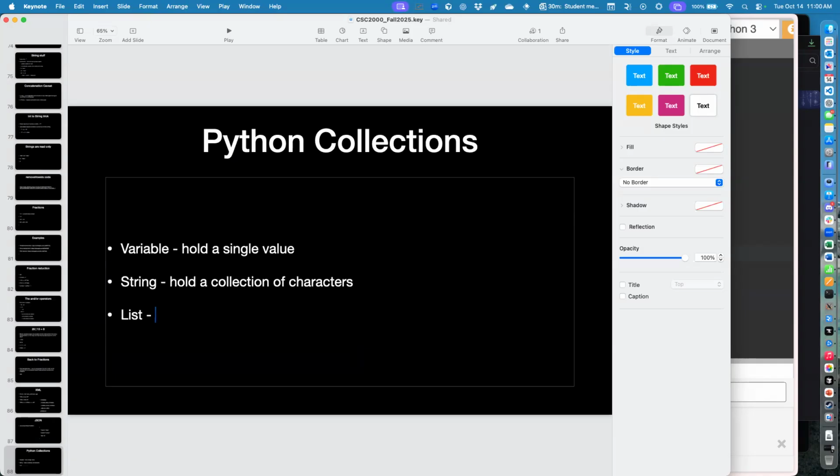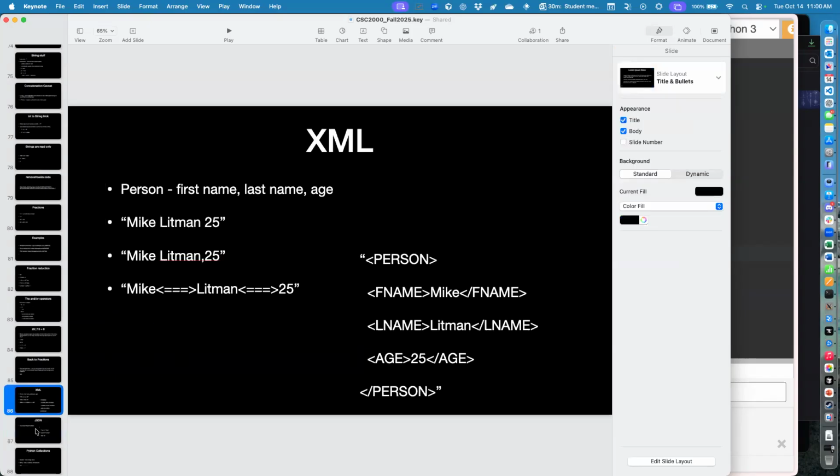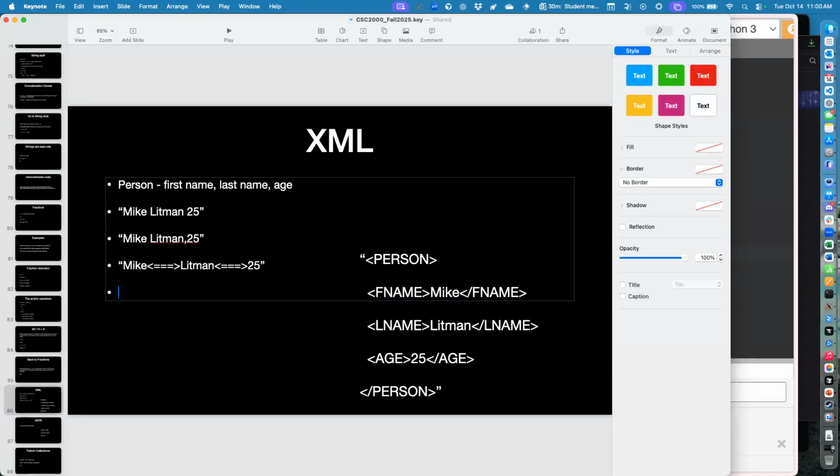So if we're going to store stuff in words, even today, as we're talking about what are some different ways we can represent information, we've gone back and looked at this and said, well, I can technically hold my first name, my last name, and my age all inside of a single string, right? And get the job done if needed. But what if we were going to put this in a list? Could I have a list that holds